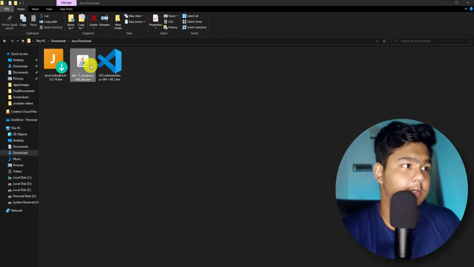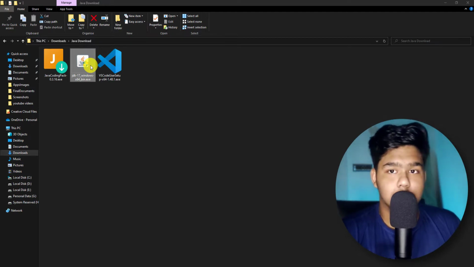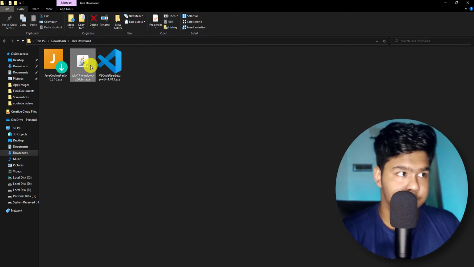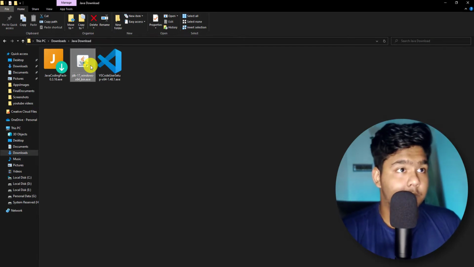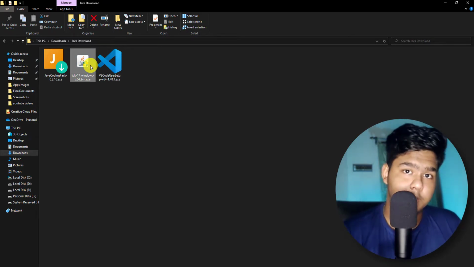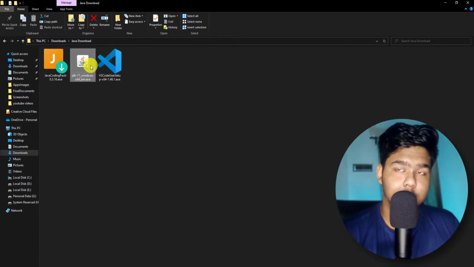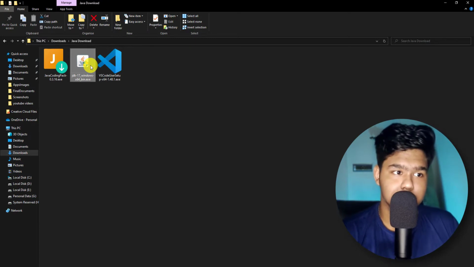Simply double click on it, and it will start the setup for installing. Once it gets installed, we will install VS Code, the Visual Studio Code. One more tip: you can use VS Code for everything, for any coding or development. It is the lightest among all the code editors, and it is effective also, and it comes from Microsoft, so it is helpful. Now you have to click yes, and it will start installing.